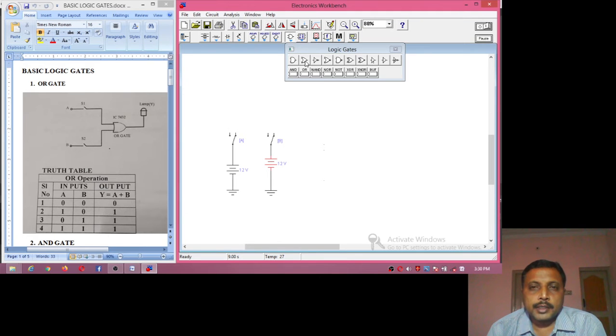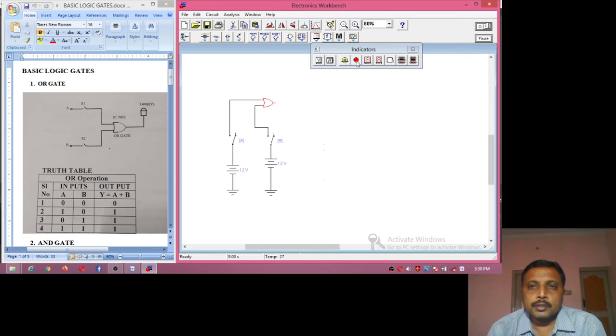Now let us take the OR gate from this. So I will connect one of the switches to one of the inputs. I am connecting the other switch to input 2. We need to give an output to this. So this is the output or LED light which I am going to rotate. Right click and say rotate and connect the output of the gate to the LED bulb.